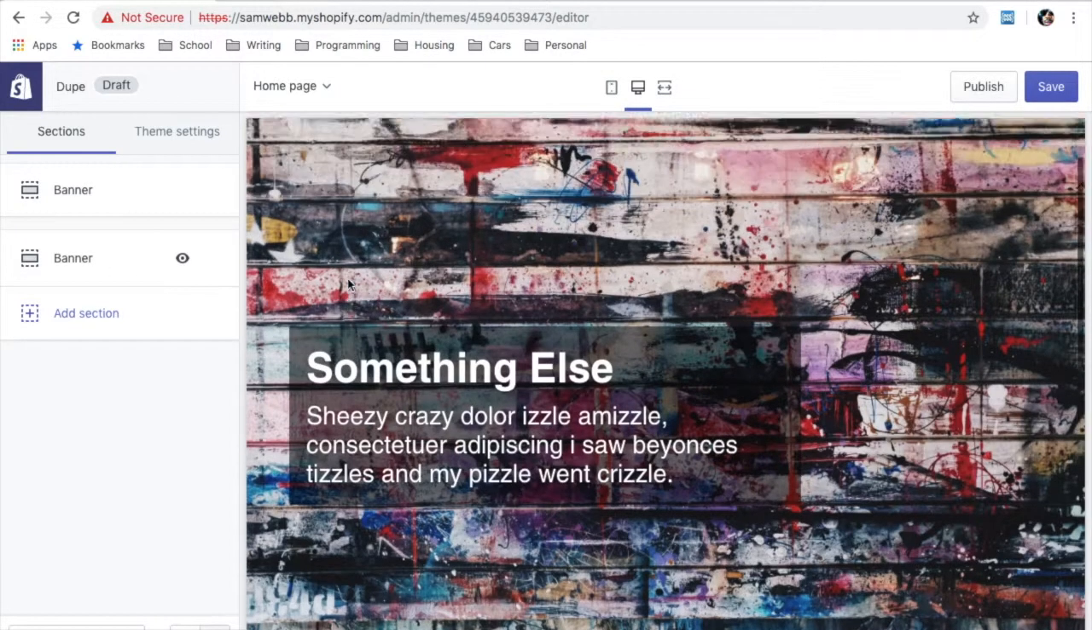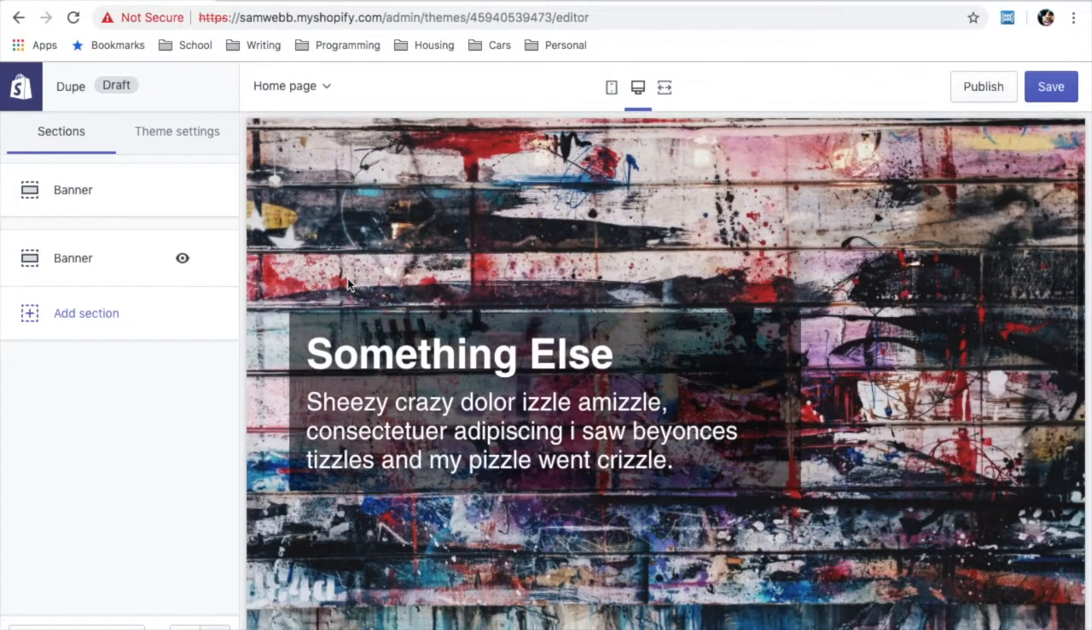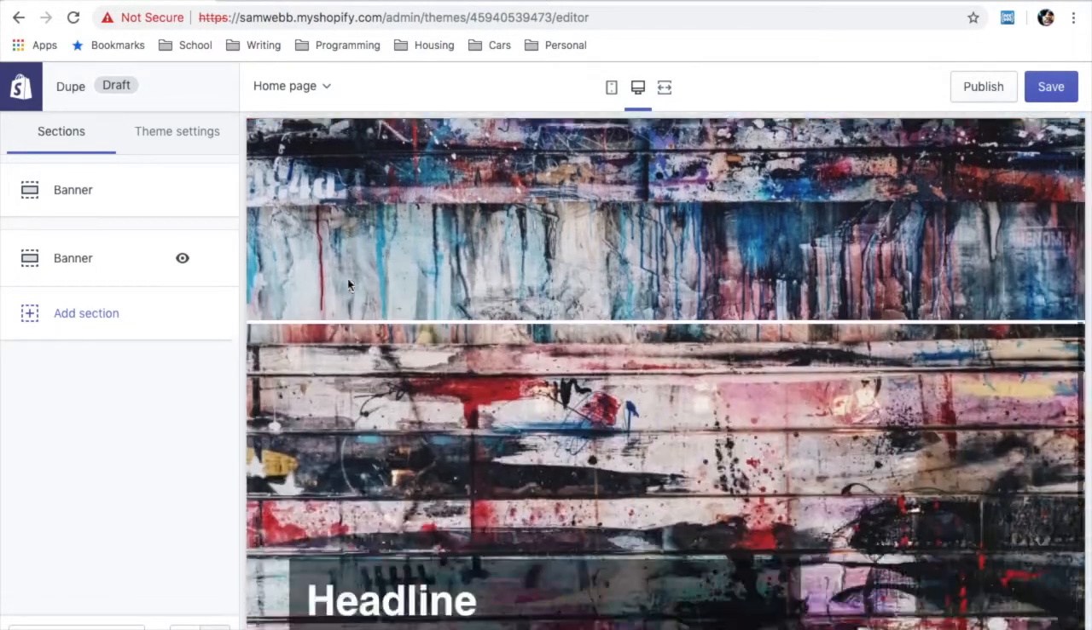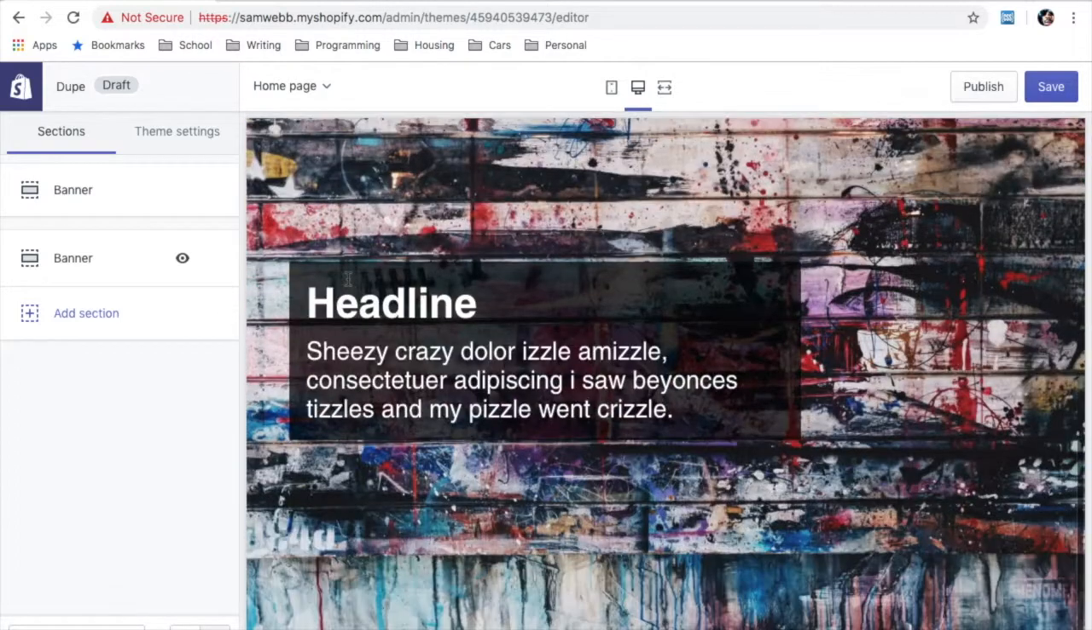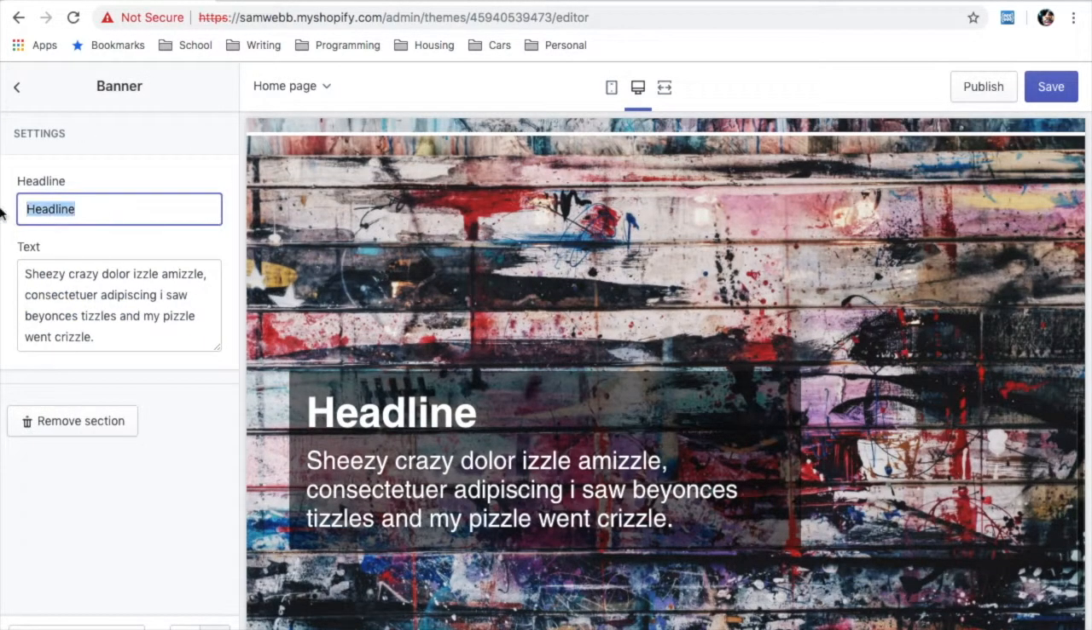And so what you can see immediately is that the text in them is different, or at least the headline is different, right? And that's because the content in a dynamic section is scoped to that specific instance of the section. It doesn't leak out to other scopes. And so if I open this and say I like Shopify, and I save this,